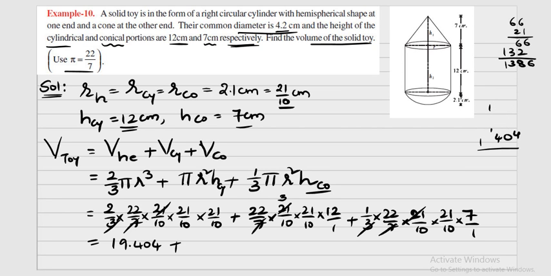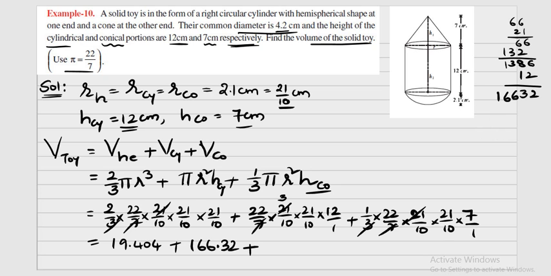After getting 1386, we need to multiply again with 12, no? When I multiply with 12, 12 6s are 72, 7 is carried. 12 8s are 96, 96 plus 7 is 103. 10 is carried. 12 3s are 36, plus 10 is 46, so 6 will be there and 4 will be carried. 12 1s are 12, 12 plus 4 is 16. Since we have two tens here, I can write it as